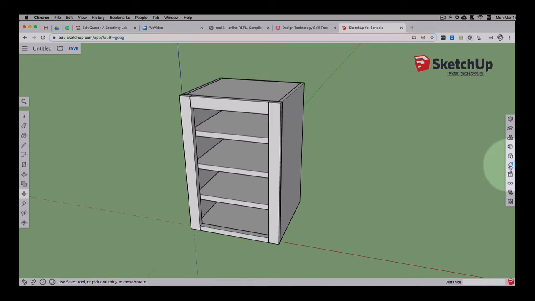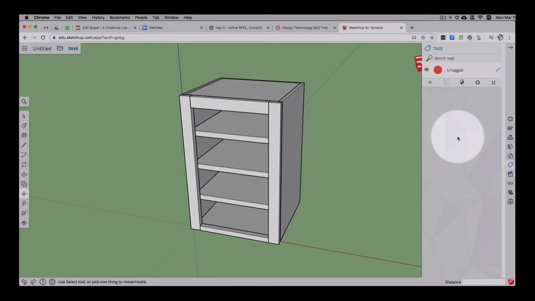So there's a tool over here called Tags on the right-hand side of your screen. If you open up the Tags panel, by default, there's just one tag called Untagged, and everything belongs to it. But we can add as many tags as we'd like. So we can add another tag here and call it Face Frame, and another one called Shelves, and one called Back, and one called Sides. And each one gets its own unique color,